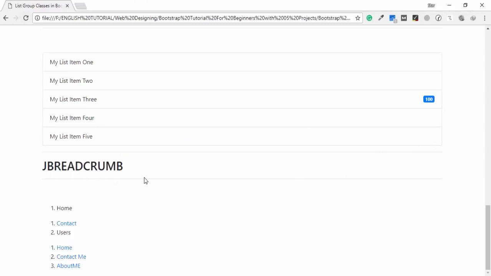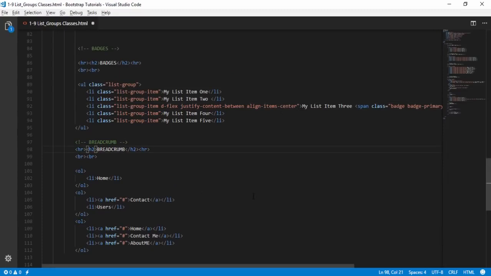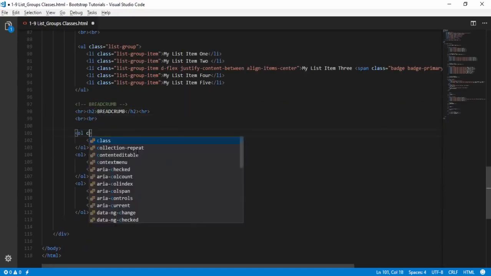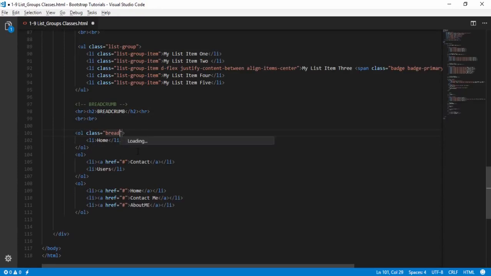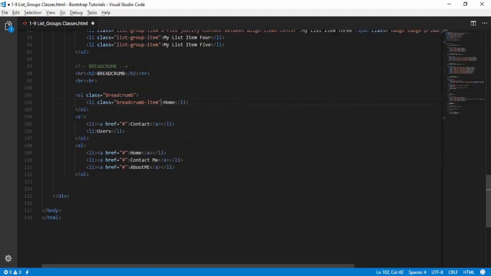Now finally is a breadcrumb. I remove the j and first of all on the UL tag I assign the class breadcrumb, and on this li tag I assign the breadcrumb-item, right. Just write the same class breadcrumb, and for the li with anchor text you need to write just the class breadcrumb-item, right. So I copy the li tag class and paste on here, and I copy the class like this and paste on here,